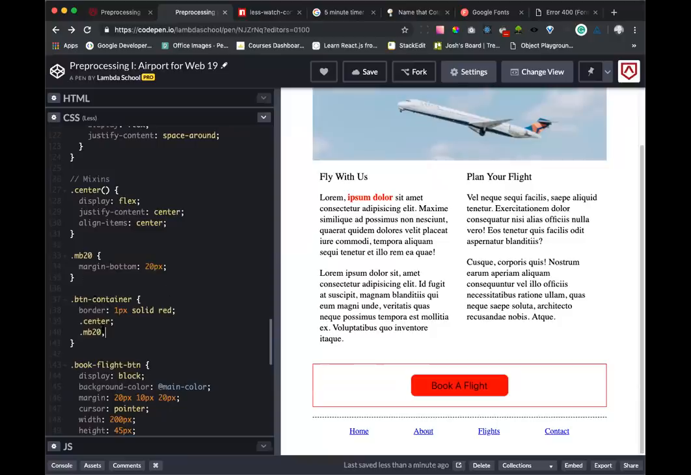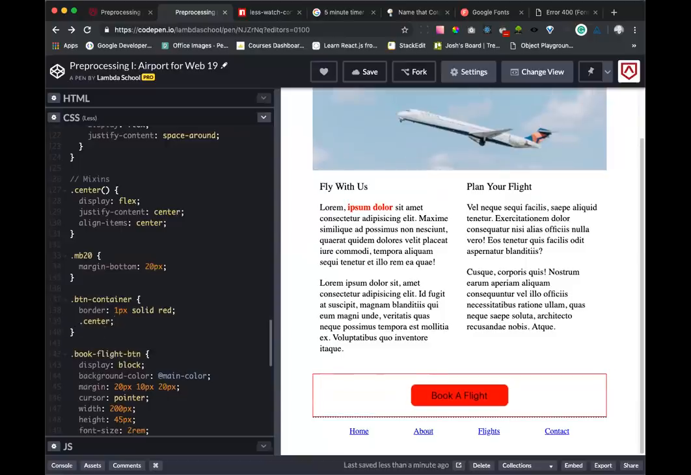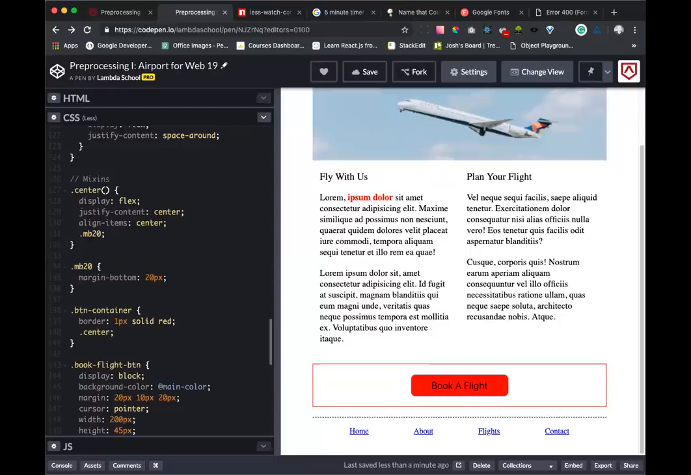So guess what? You can mix in mixins with other mixins. That's right. Yo dog, I heard you like mixins. So I put a mixin in your mixin. So now we've got 20 pixels on the bottom and centered. That's right. We have mixception going on here. So this is a huge, awesome creative power that we gain as developers. And the funny thing is, when this thing is compiled, this is all about